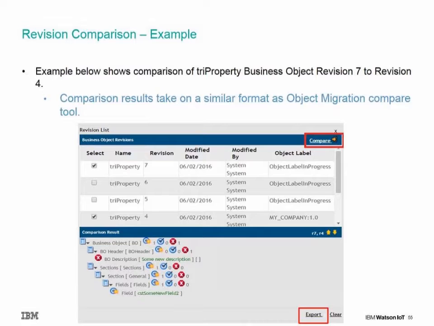So this slide gives an example of what the comparison between 2 revisions looks like. Once again, we're using the tri-property business object here, and we're comparing revision 7 to revision 4. You will notice in this screenshot, revision 4 is part of the my_company:1.0 label we created earlier, but since